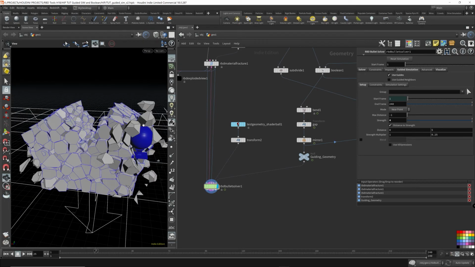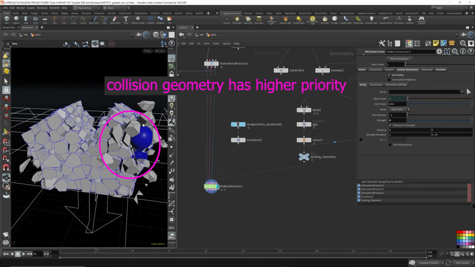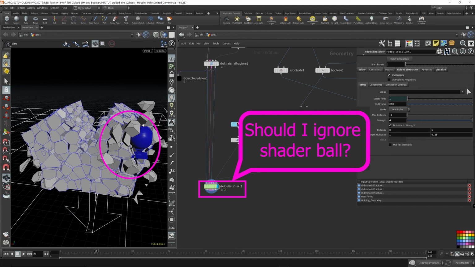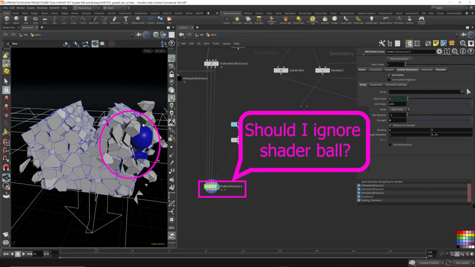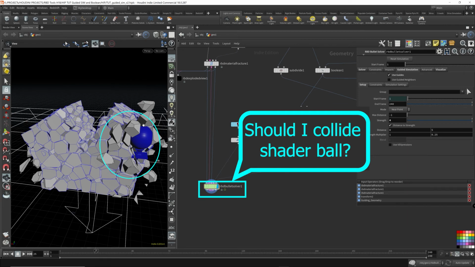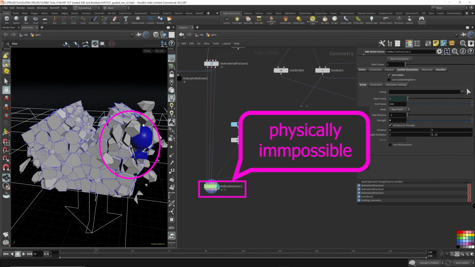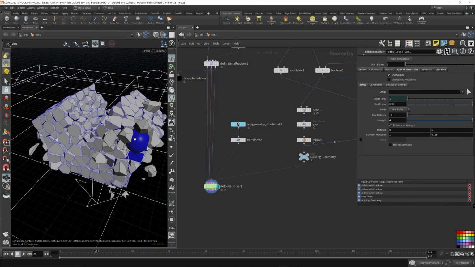What we can conclude from this is that when the pieces start colliding with the shader ball, they immediately lose the influence of the guided simulation, meaning that the collision forces take over, or have higher priority over the guided simulation. When the pieces collide with another object, which is our shader ball, the solver needs to make a choice. Should we continue to follow the guided simulation, or should we collide with the object? So either it goes through the shader ball, or it collides with the shader ball and bounces off. Going through the shader ball wouldn't actually make sense, because that's physically impossible. That's when it makes a choice.